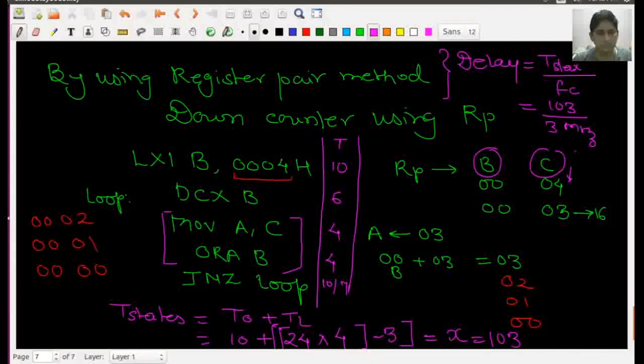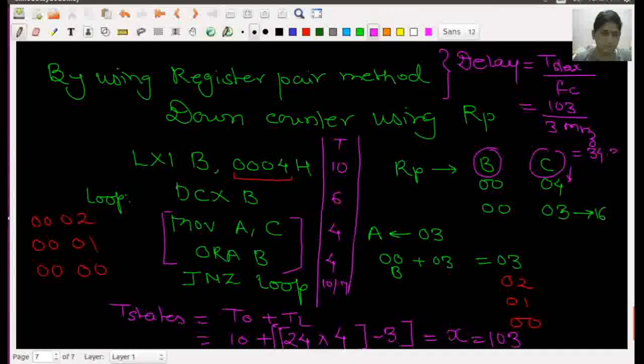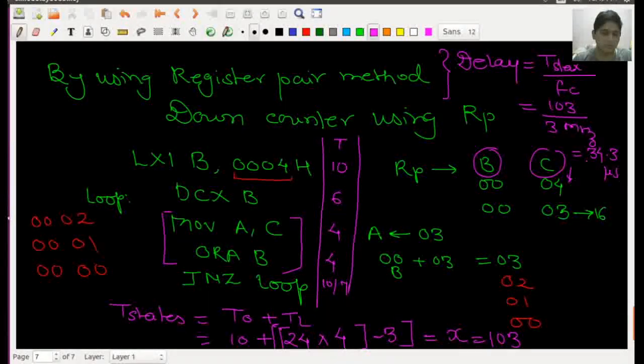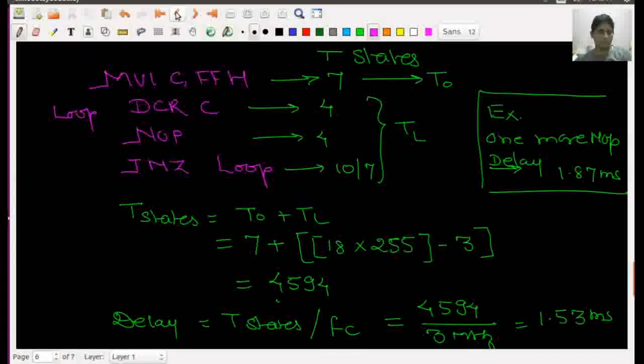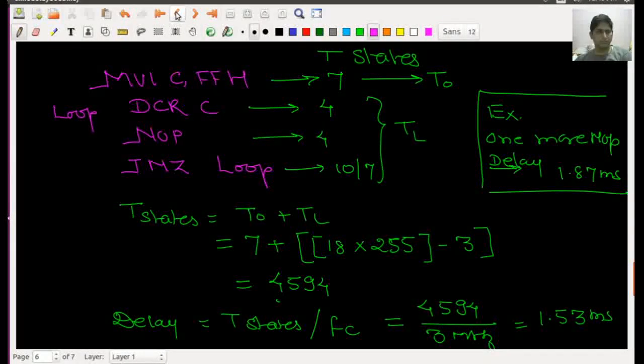So we can say it is coming as 34.3 microseconds. So you can think about that. If I'm using this method, the amount of delay introduced is a little bit more. In the last case it was coming as 1.53 milliseconds.